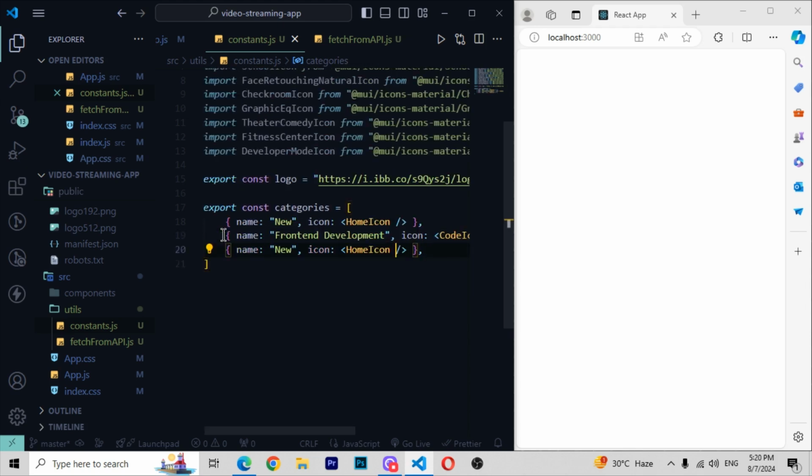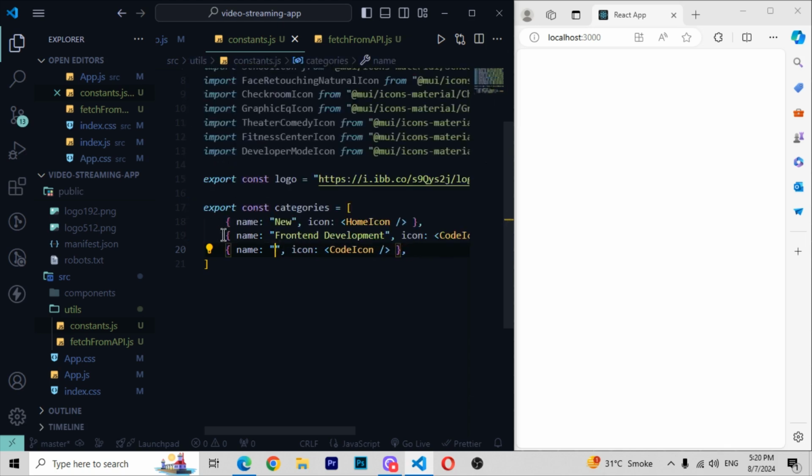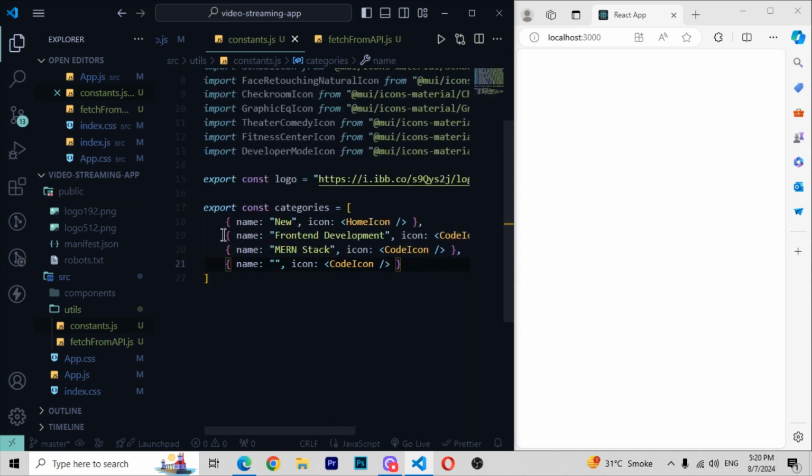So here I will be writing front end development, and here I will be now writing a comma, then again here I will be doing same thing, here I will be writing code icon, and now I will be just writing here merge stack, so write like that, and now here after writing that simply I'll be moving down, paste it, then you have to write here code icon, and now in this new I will be writing here React.js,